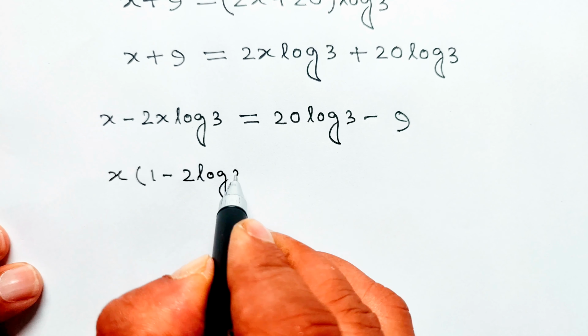Then x approximately 20 into 0.47712 minus 9 divided by 1 minus 2 into 0.47712. x approximately 20 into 0.47712 equal